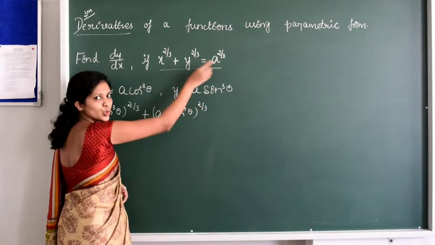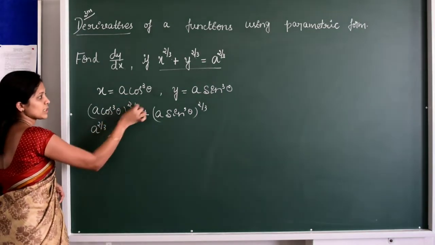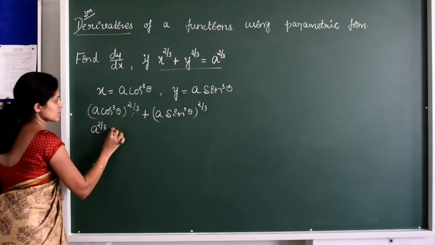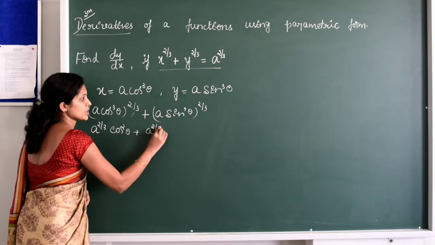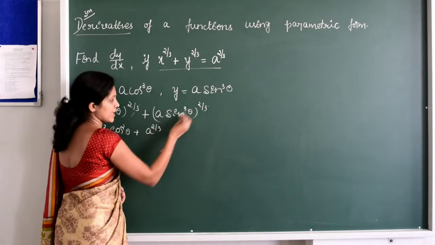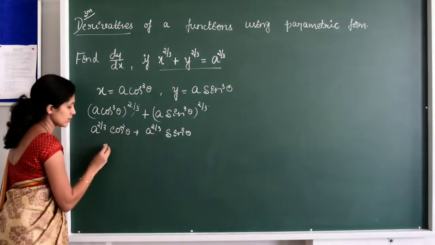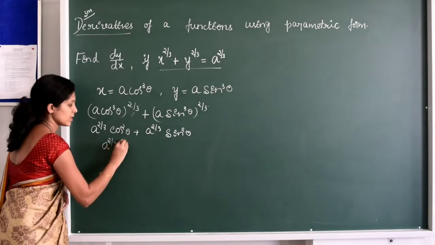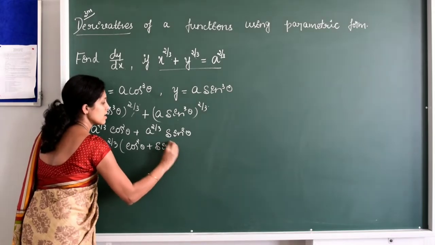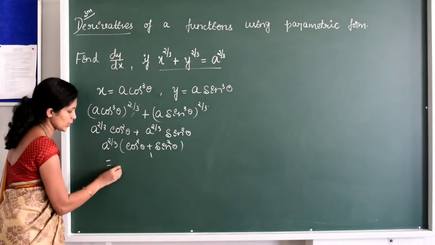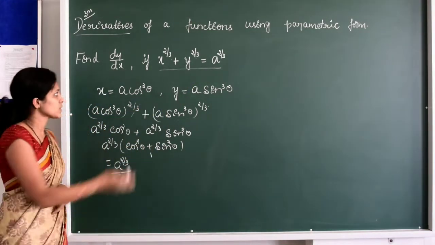How to prove this is equal to a to the power 2 by 3? So this is now a to the power 2 by 3, right? And cos cube theta, so 3 and 3 will get cancelled. So this will be now cos square theta, plus here also a to the power 2 by 3 is there. Sin cube, and this will get cancelled, so this will be now sin square theta. Is it clear? So here a to the power 2 by 3 is common, take out a to the power 2 by 3. The remaining will be cos square theta plus sin square theta, which is equal to 1, right? So this is equal to a to the power 2 by 3. So we proved that this is equal to a to the power 2 by 3. So this substitution is possible.